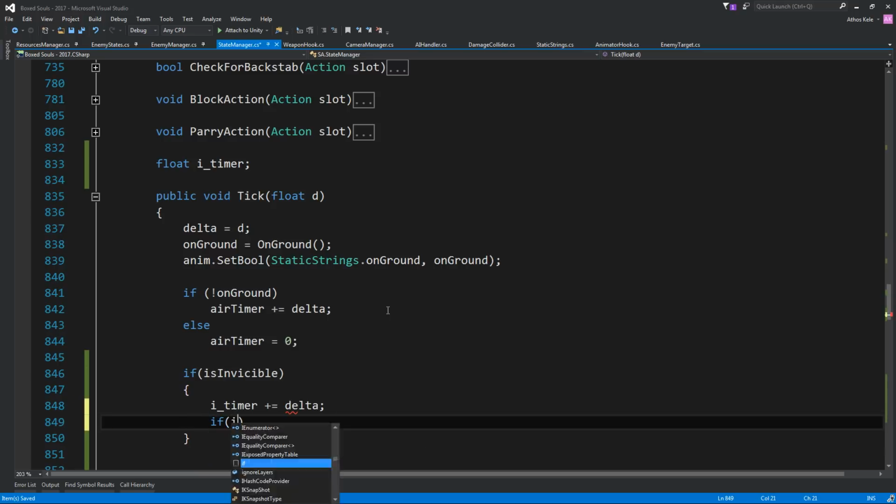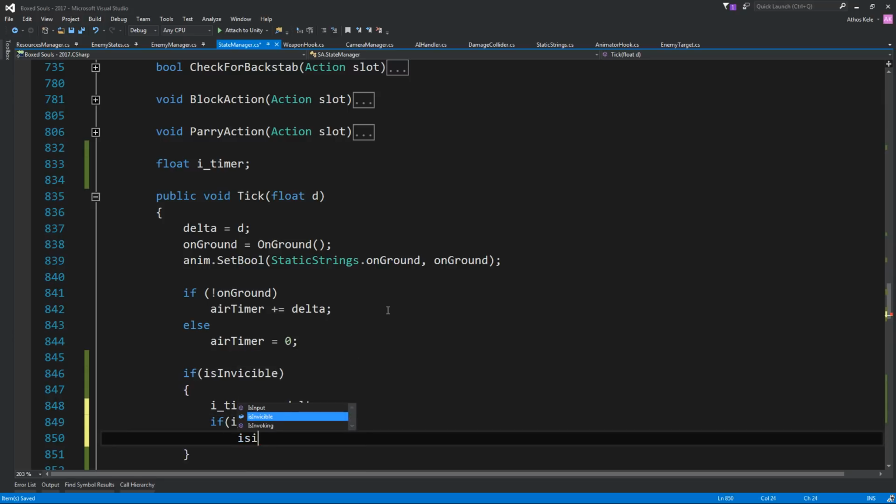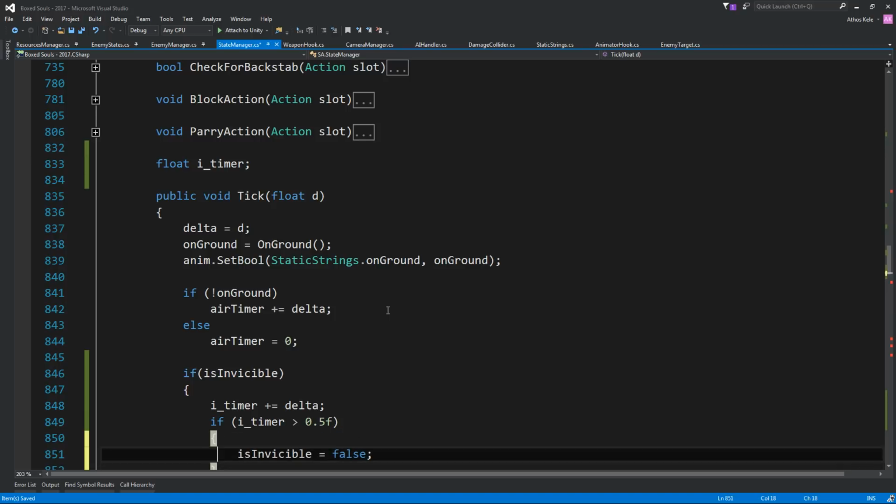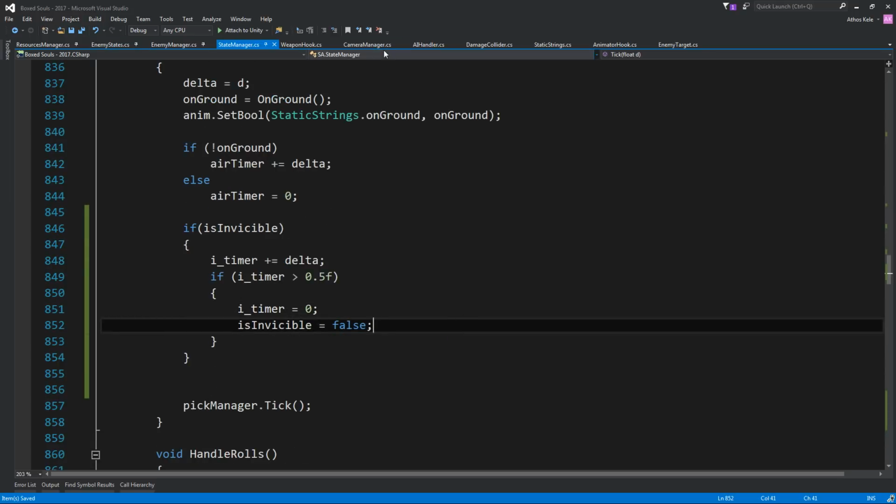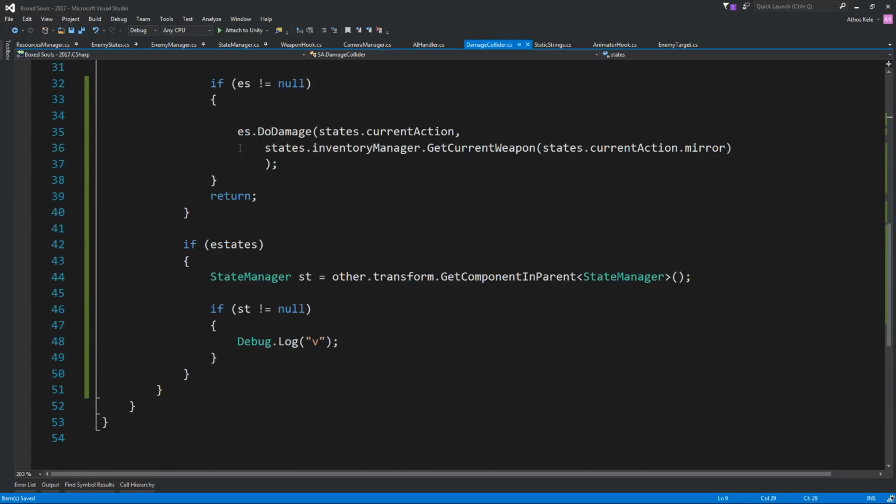If timer is greater than 0.5, is invisible equals false, and iTimer should be 0. Tick. Then on the damage collider, on trigger render over here, instead of the debug log, you can keep the